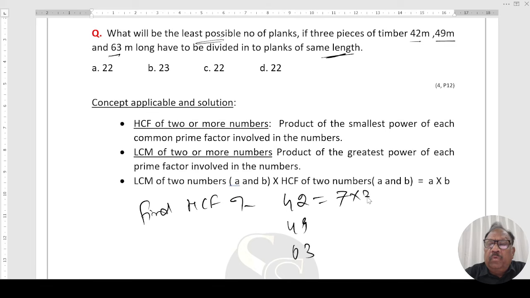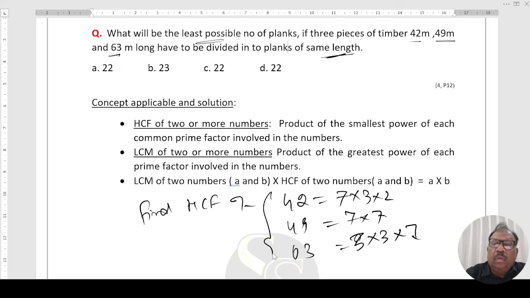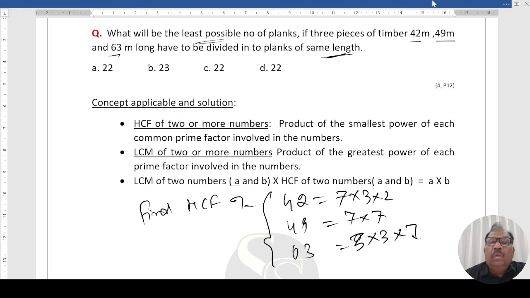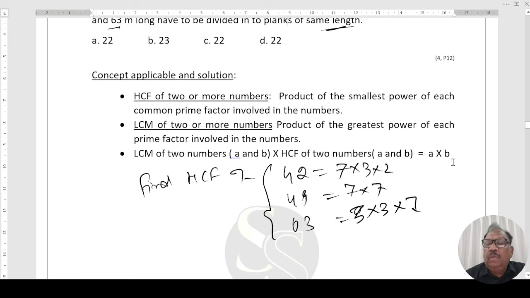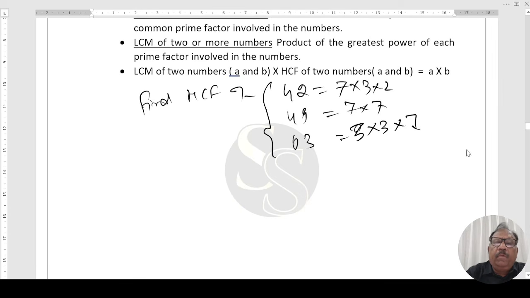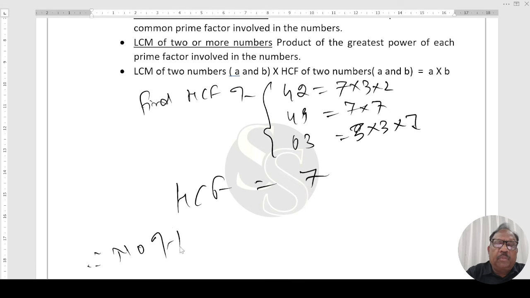42 is 7 into 3 into 2. 49 is 7 into 7. 63 is 3 into 3 into 7. HCF will be the product of the smallest power of each common prime factor involved. In this case 7, in this case 7, the 1 is. The HCF will be 7. Therefore, the number of planks